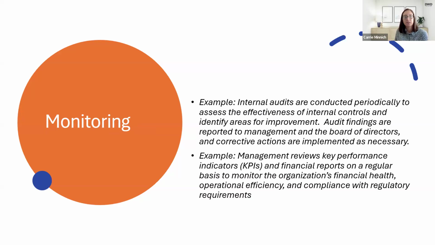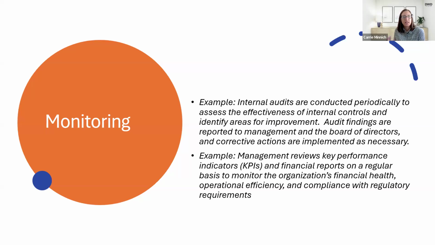And finally, we have monitoring. This means that you really need to regularly monitor and evaluate your internal controls to make sure they're working effectively. It's like regularly checking to see if everything is still running smoothly and fixing anything that's not. So you go in and put these controls in place, you talk about your risks, and then you put the controls in place to prevent certain things from happening. But you also need to follow up and monitor those to make sure that it's working, or maybe something has changed, and so we need to change the controls.